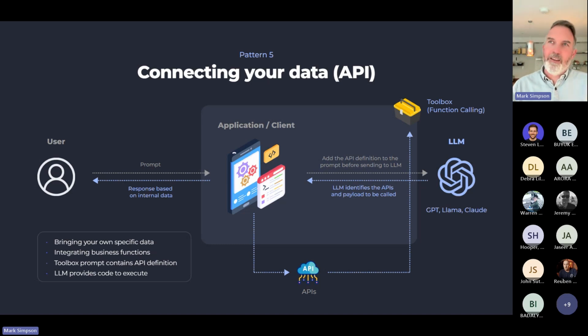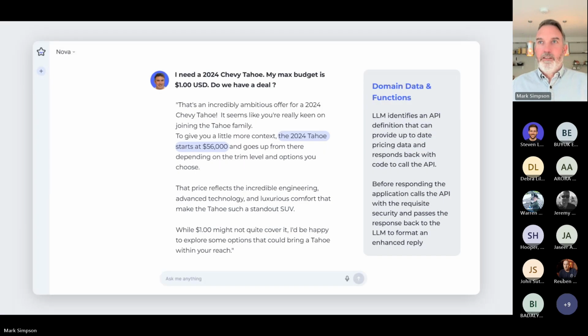So this pattern is a major, major pattern in bringing your own data, your own information from your ERP systems or your CRM systems, or from your email clients, etc., to bring in specific examples in that response. Okay. So in this example, it might say, let's not trust the brochure.